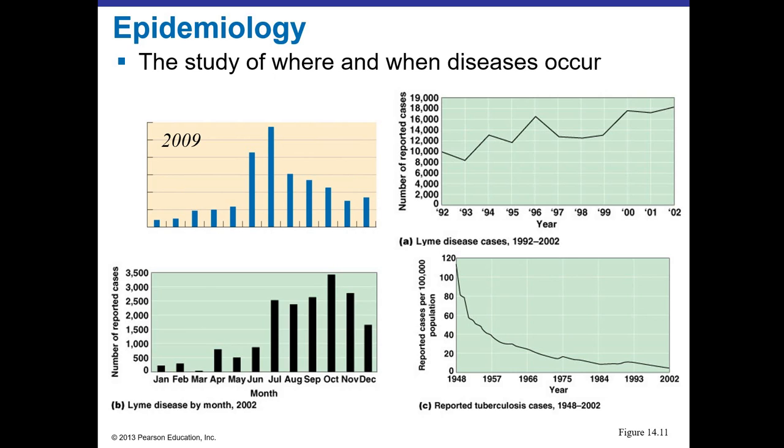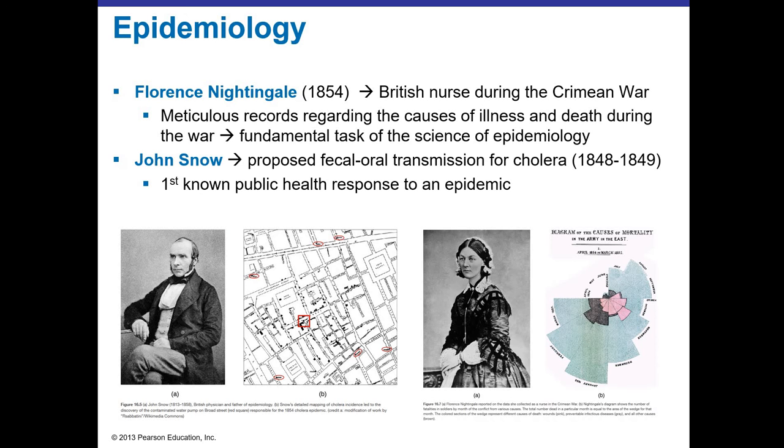So we want to track. TB was very prominent in the 1930s and 40s, a very prolific killer. And we see now, even though we still have too many cases, it is at a lower background level, but it has the potential to be something that we feel we can eradicate. So that's why epidemiology is important.